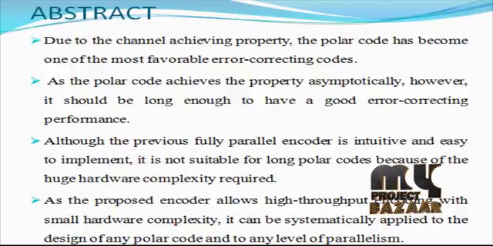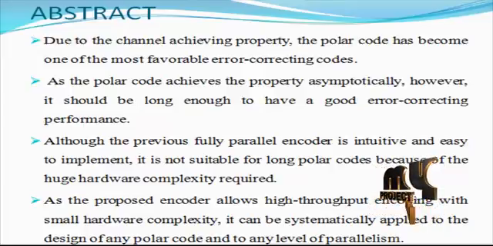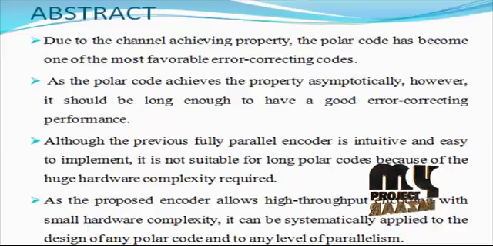Although the polar code achieves the underlying channel's capacity, the property is asymptotic, since good error correcting performance is obtained only when the code length is sufficiently long. To be close to the channel capacity, the code length should be at least 2 power 20 bits. Therefore, an architecture that can effectively deal with long polar codes is necessary to make the very large scale integration